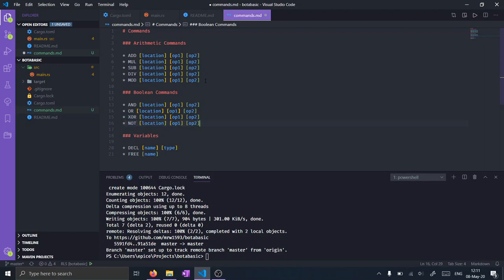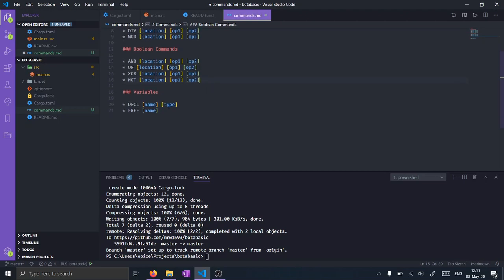Any other ones? Could have like a nor or a NAND. But let's not worry about that. This is supposed to be simple. Okay, then we need,